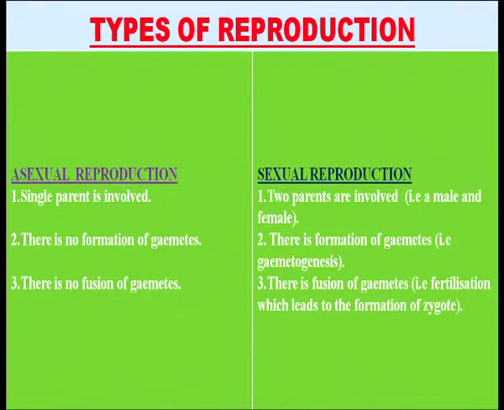Basically, organisms reproduce by two modes, asexual and sexual reproduction. Now, what is the difference between asexual and sexual reproduction? First of all, in asexual reproduction, a single parent is involved. But in sexual reproduction, there are two parents involved, that is a male and a female. In asexual reproduction, there is no formation of gametes, that is, there is no gametogenesis. But in sexual reproduction, there is formation of gametes, that is, gametogenesis is present. In asexual reproduction, there is no fusion of gametes. But in sexual reproduction, there is fusion of gametes, that is, fertilization is present, which leads to the formation of